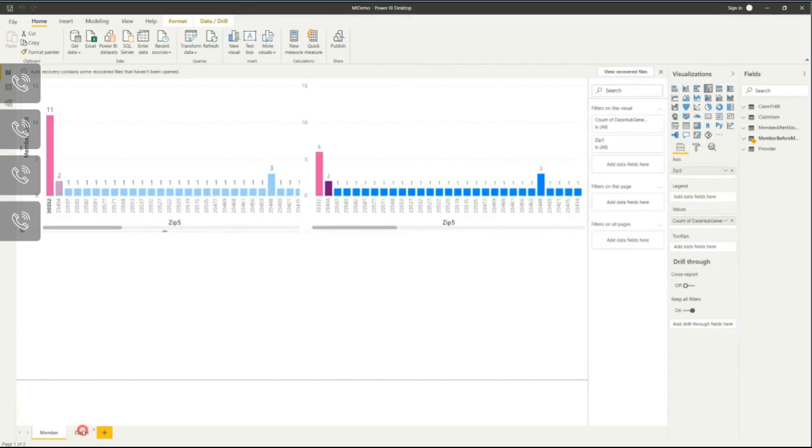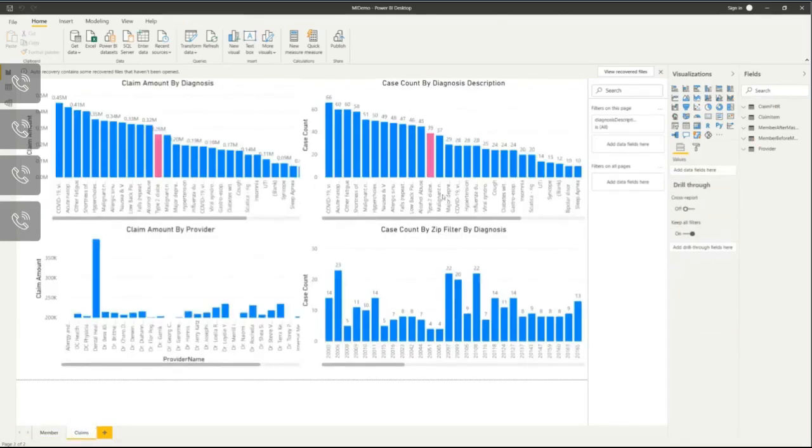Additionally, we can expose out other information. I've created a report about claims. So here we can review particular claim amounts by diagnosis codes or diagnosis descriptions. We can look at the case counts by a particular diagnosis description. We can assess by provider how many claims are being submitted to a Medicaid system. And we can